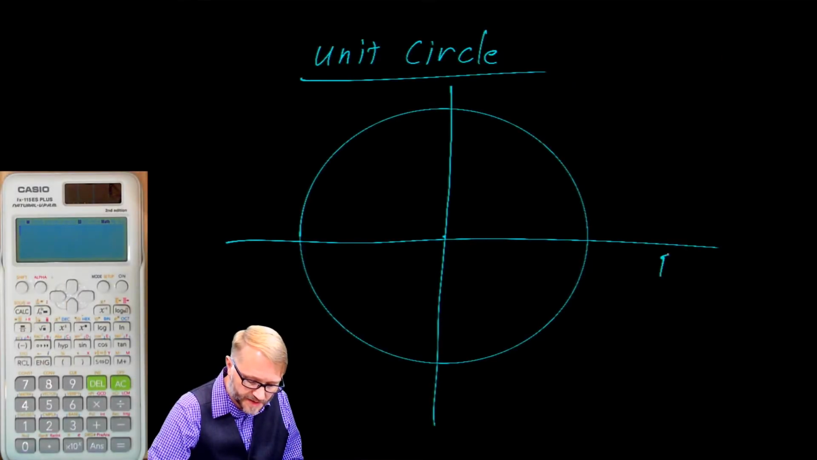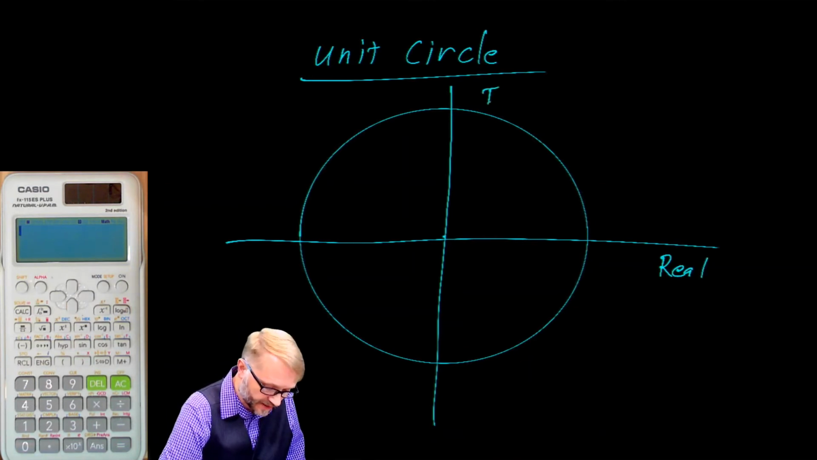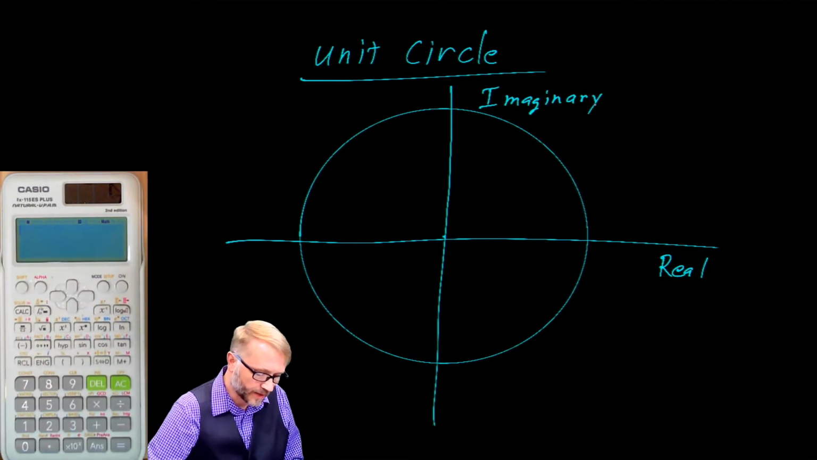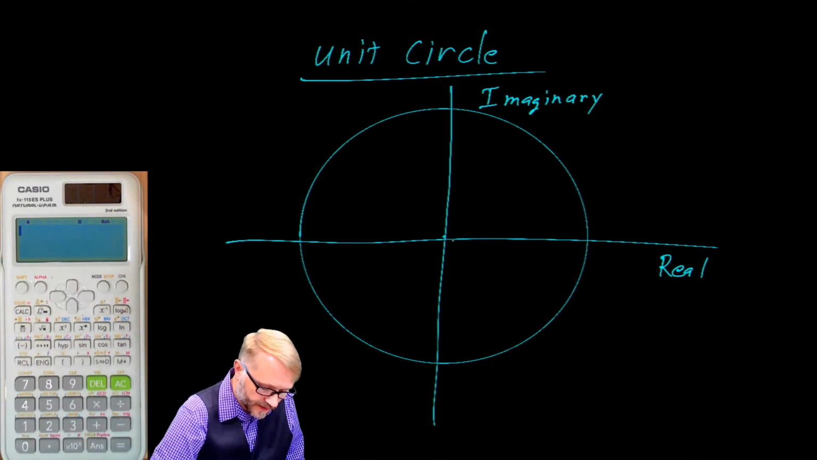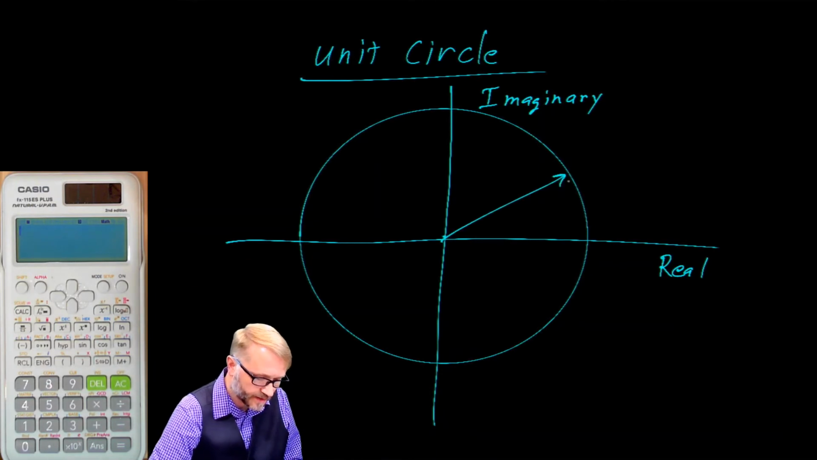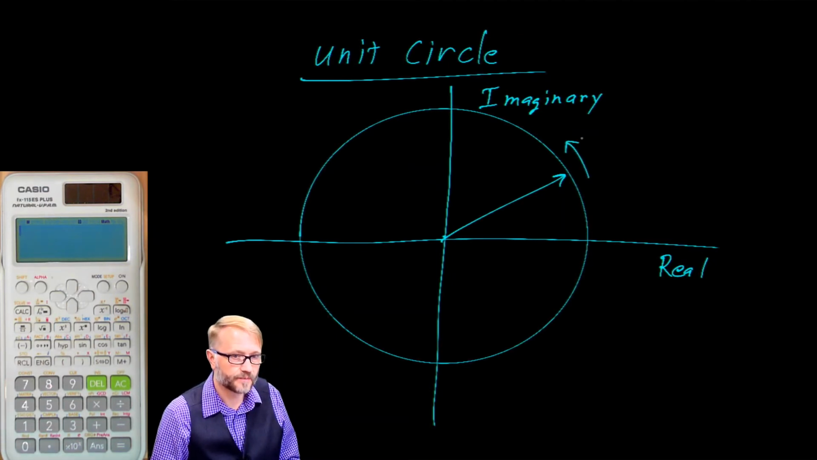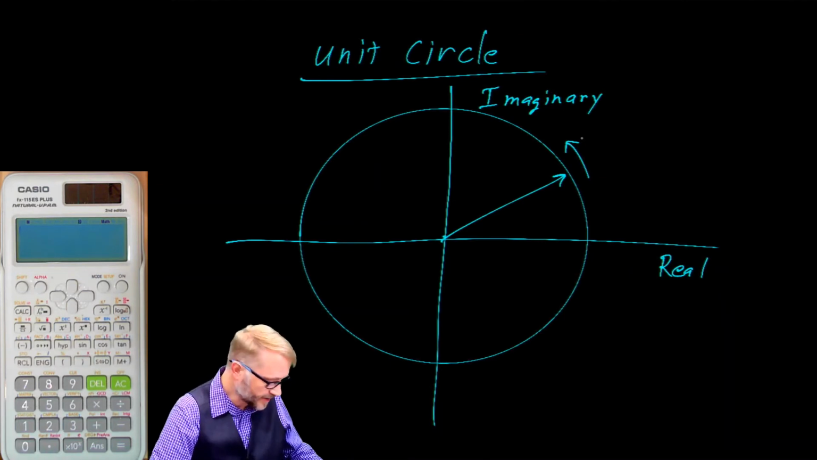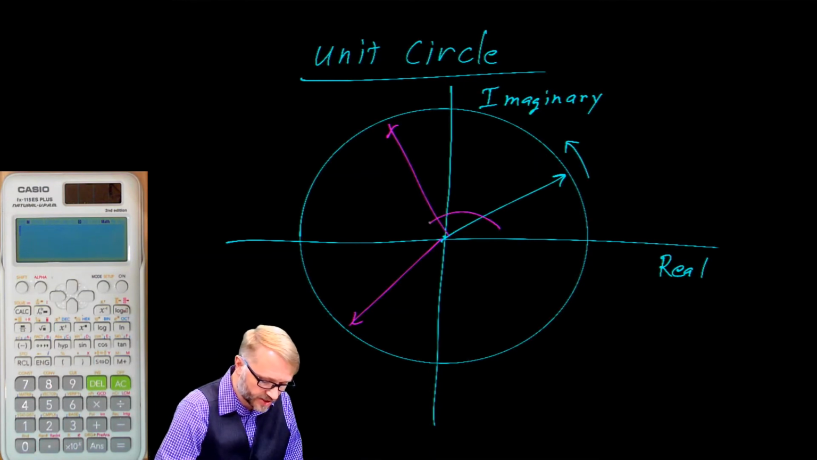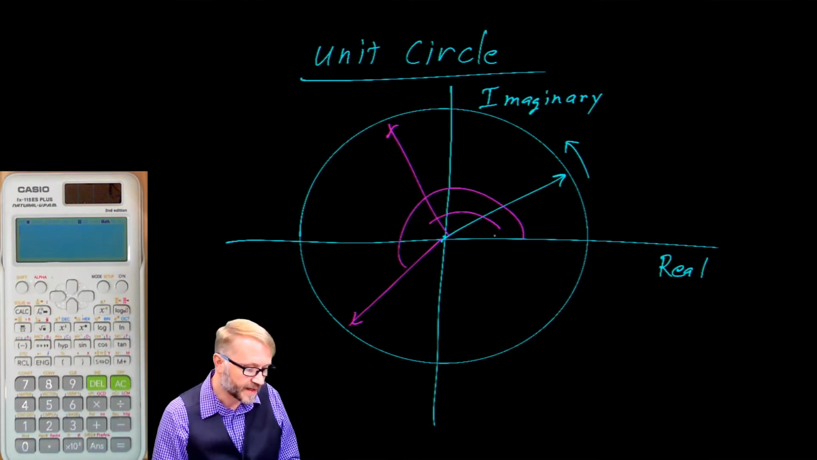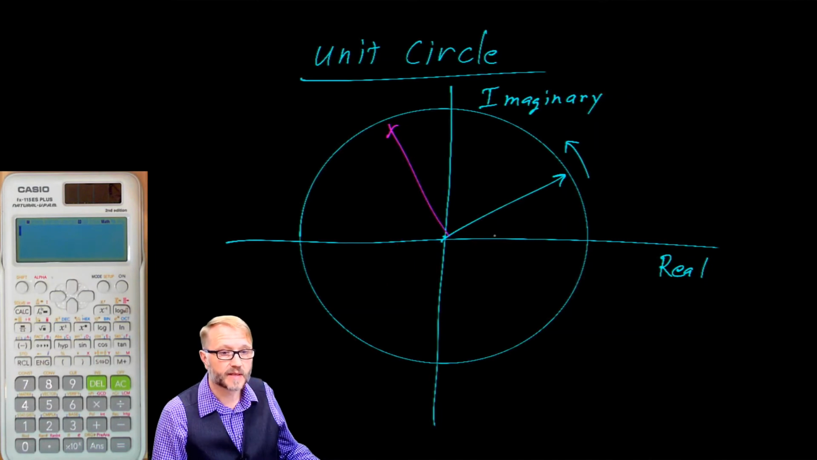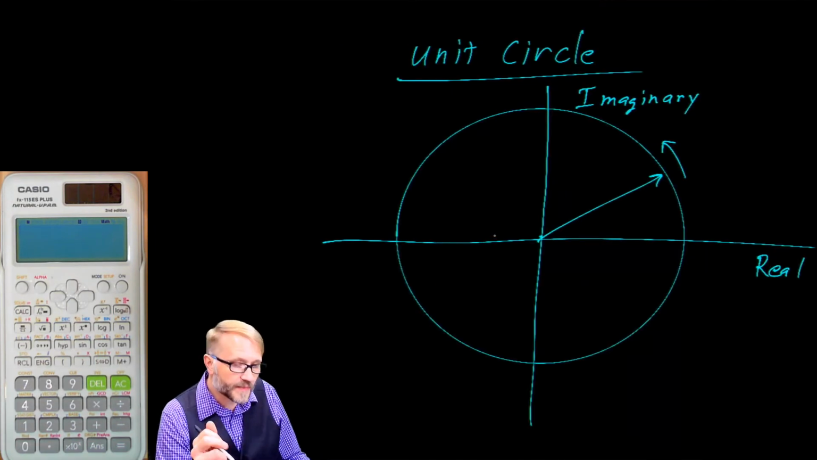We will call this the real axis, and we're going to call this the imaginary axis. And we're going to let our line segment be our vector, and it is going to rotate in a counterclockwise direction. I think you will agree that no matter where this vector is pointing, as we change the angle, it's always going to be the same length. From the unit circle,